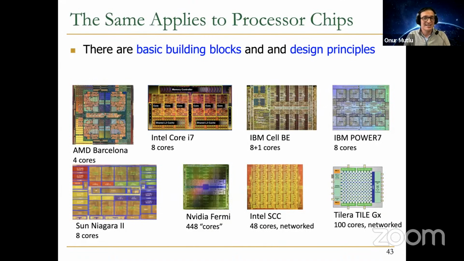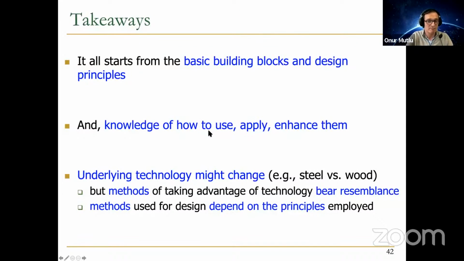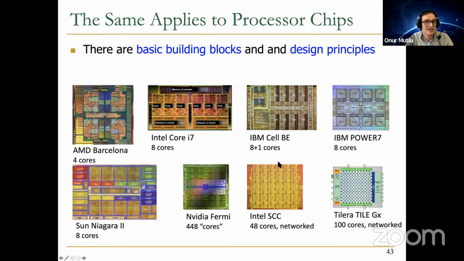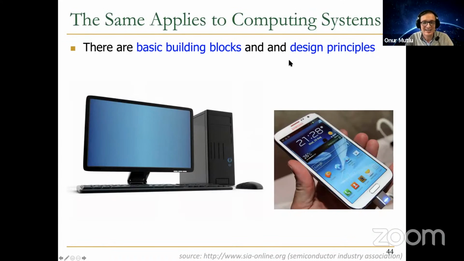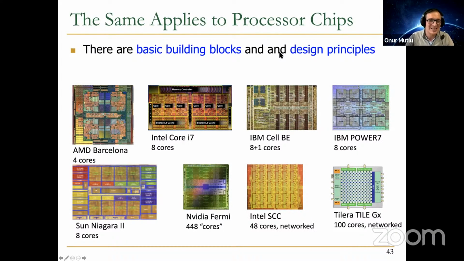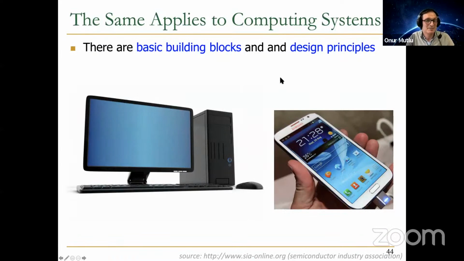Okay, so basically, this is an example of how the same takeaways over here apply to processor chips. So basically, there are basic building blocks in a processor chip, and there are design principles. This is duplicated somehow. I'm going to fix these slides. Somehow it's duplicated in all of the slides. You can see that there's a copy paste error over here. But basically, even though you may have different platforms, there are basic building blocks there, and design principles